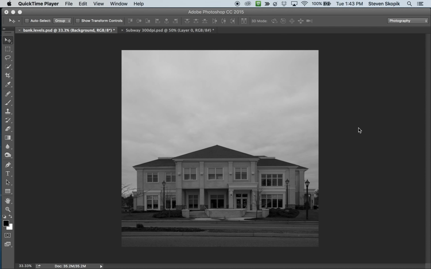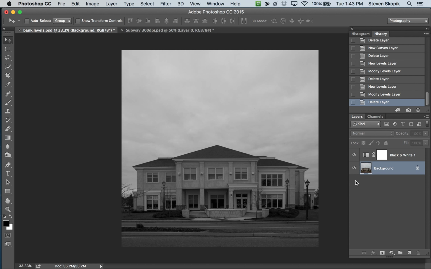Your next task is to adjust the overall tonality of the image, and here we're interested in the photograph's density, which just means its overall brightness or darkness and its contrast. The tool we're going to use is found within the Layers palette, and we're going to create a new adjustment